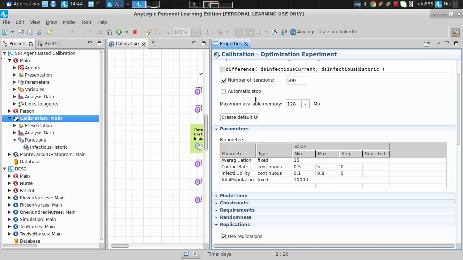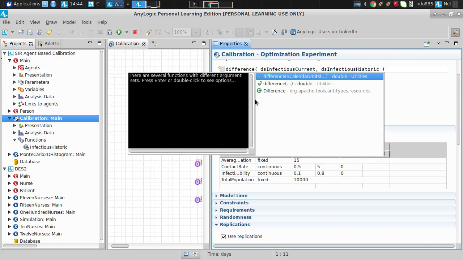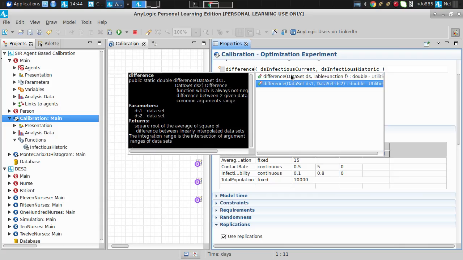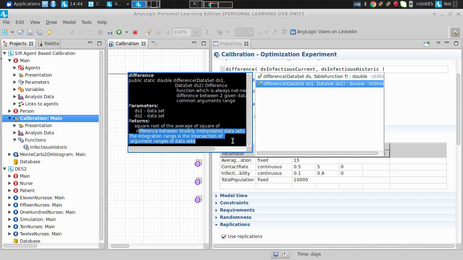It's the difference between every piece of data at a specific time. No, so great question, Alex. Difference here, there are actually a bunch of overloaded versions of it, two of them here. One is to compare a data set with a data set, and that's what we're doing. And you'll notice that it says it returns the square root of the average of the squared difference between linearly interpolated data sets. The integration range is the intersection of the argument range of the data set. Now that's a fancy term, but what it's going to be doing is